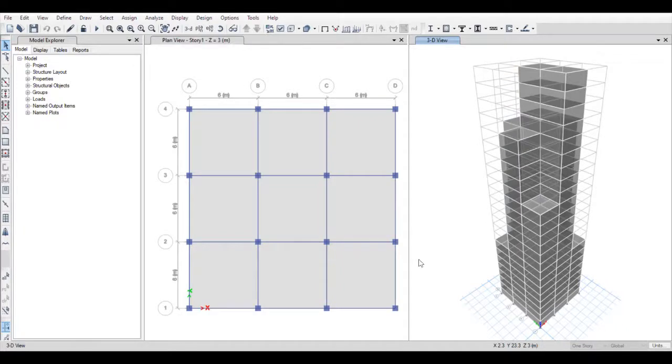Again click on OK. Now guys, go to load cases. Go to define first, then go to load cases. In the load cases, you can see the response. You have to add new case. After adding new case, go to modify show case. Now type the name of the function. Select load case type as response spectrum. Then guys, initially at the start when we were defining the load pattern, I had told you the building can shake in any direction. It is upon you to choose. The movement will occur in X direction or Y direction.